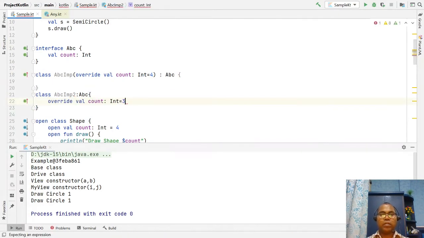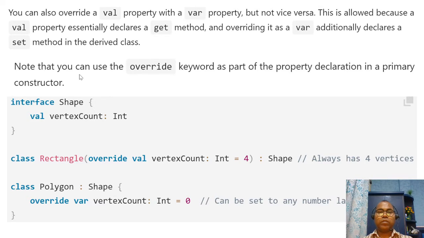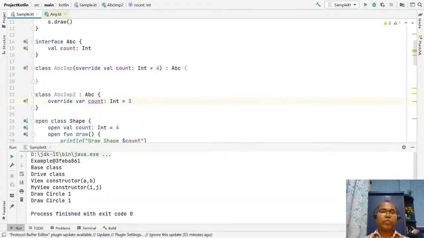Here you can say, let's say 3. You can also change the val keyword to var, not an issue. This works. So you have options. If any variable is declared inside your interface, you can override it inside the class body, and you can also change it from val to var keyword.